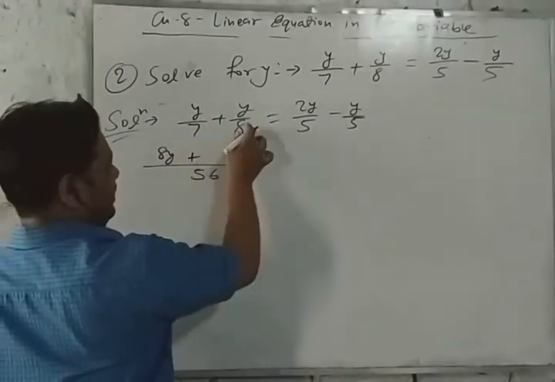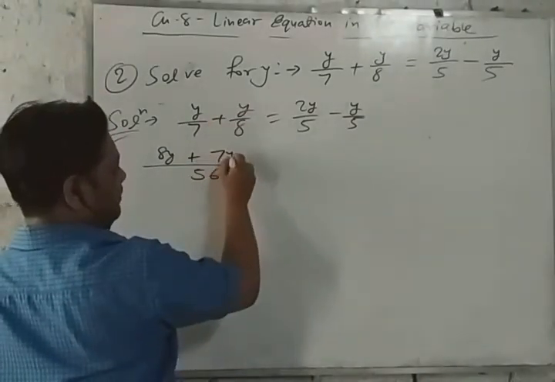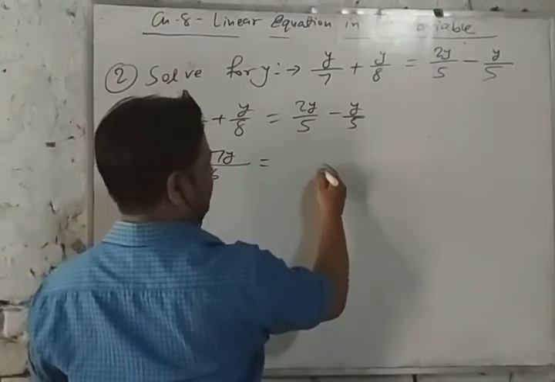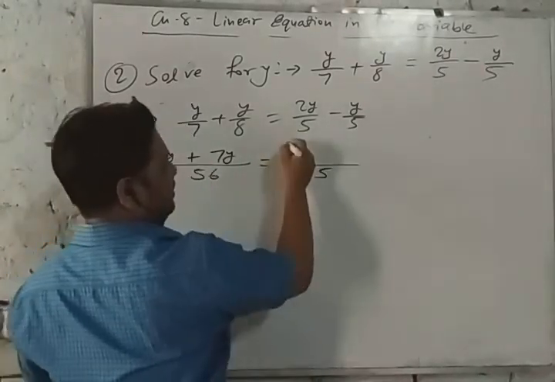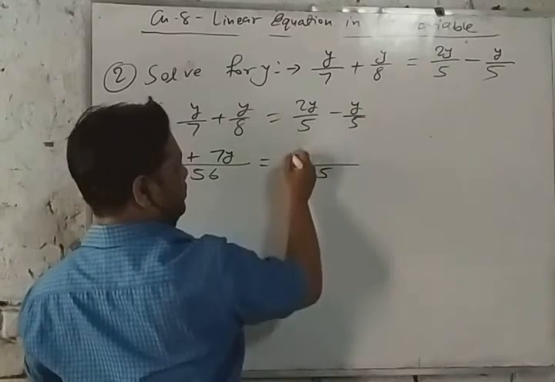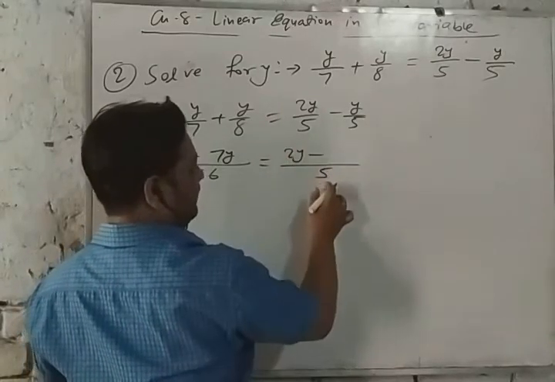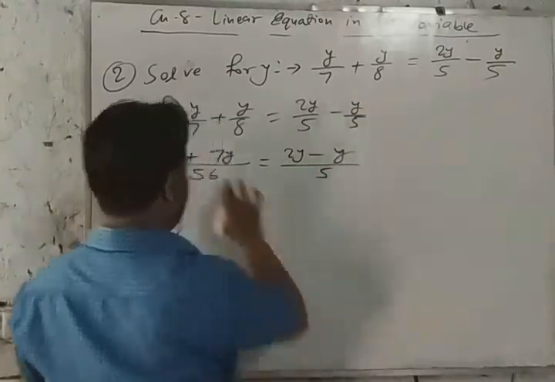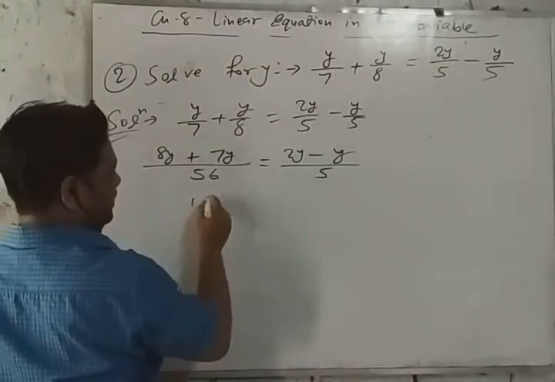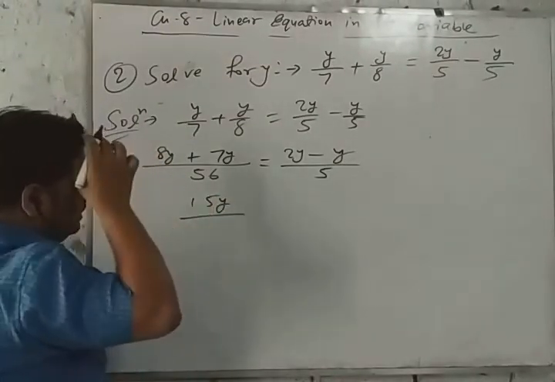Then plus sign. 8 sevens are 56, 7 into y, 7y. 5 and 5 LCM 5. Then 5 ones are 5, 1 into 2y, 2y. 5 ones are 5, 1 into y, y. Then solve it. 8 plus 7, 15y is equal to